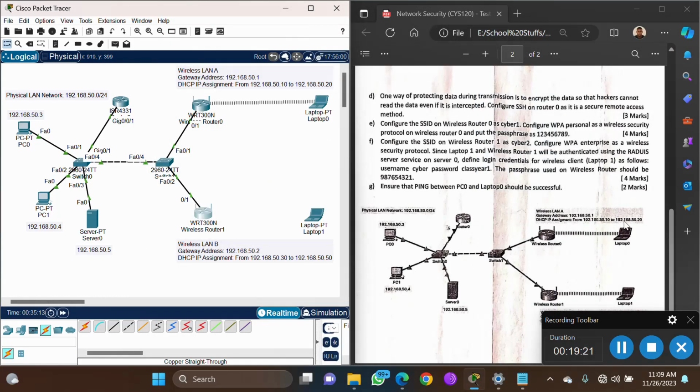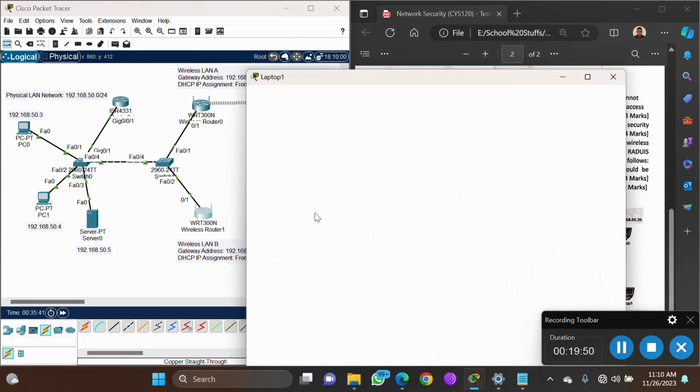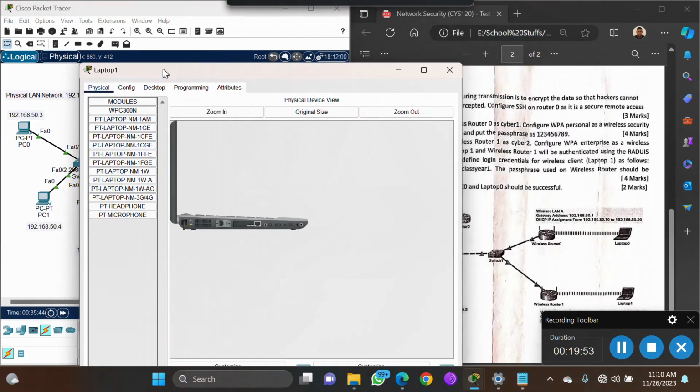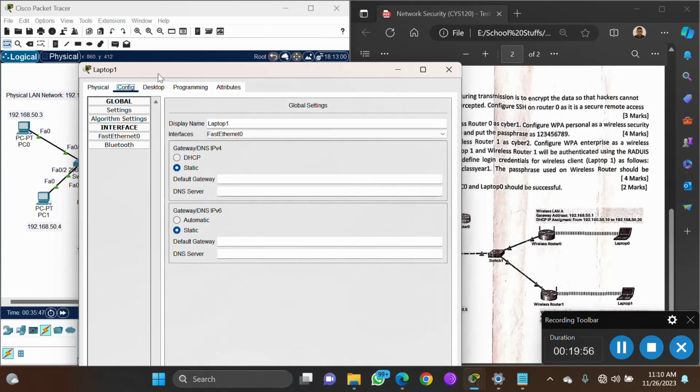Then now, if you want to understand what's happening here, you need to understand how these wireless devices connect with the use of the server. So it's more like this laptop wants to be authenticated with this server. So for them to be authenticated, they need to know a shared secret with this wireless client, which is class year 1. So under this laptop again, you need to go where it says config, then under config we have this setting which says,